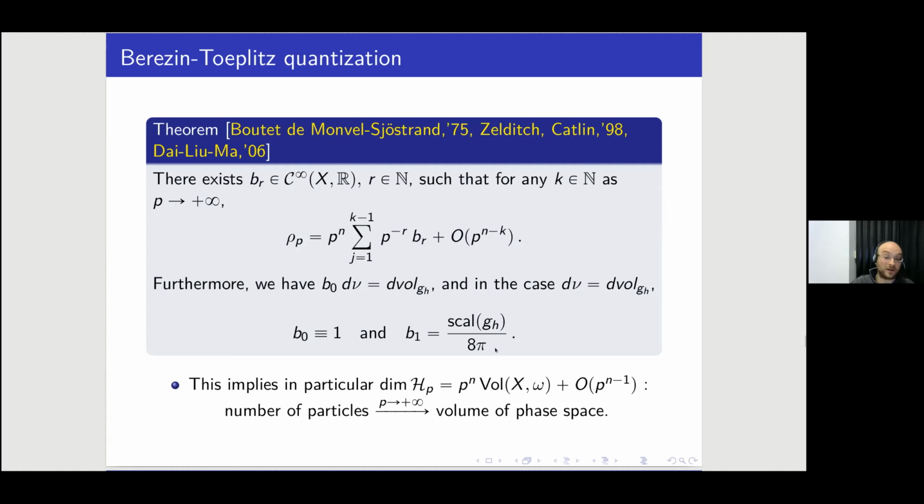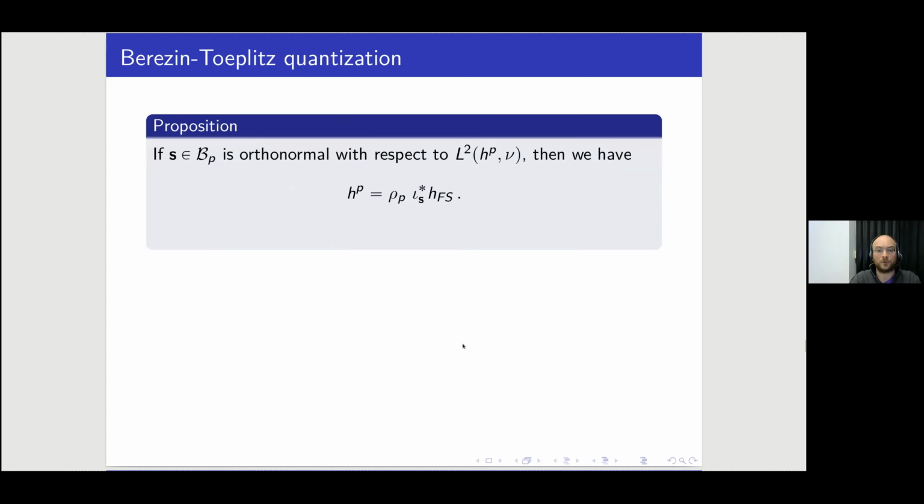And the scalar curvature in the second coefficient is related to the fact that the size of metric balls is indeed controlled by the scalar curvature. So it makes sense, since it fits into a packing problem for such highly peaked states, right? So these are just ideas, interpretations, if you wish. It can be made precise, but I will not go into it.